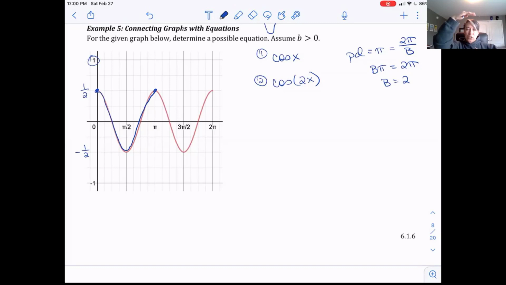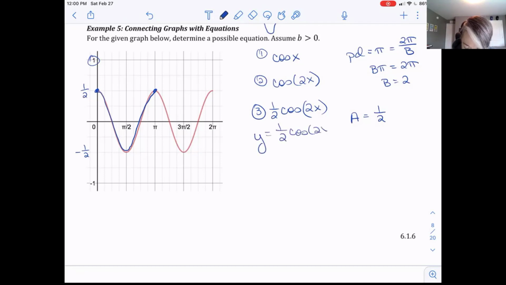So the only thing that's changed is our amplitude. Our amplitude has been cut in half. So our amplitude equals 1/2. So that gives us the equation 1/2 cosine of 2x. And again, you can put that in your calculator, the 1/2 cosine 2x. Ooh, it's an equation, right? I forgot my y equals